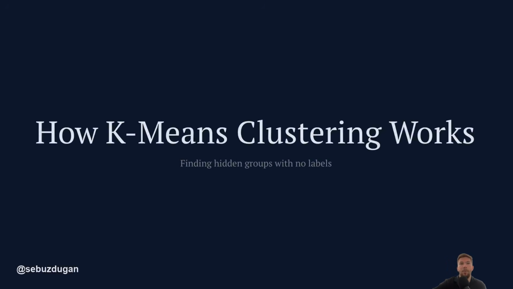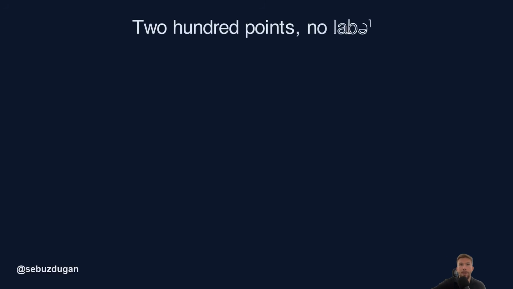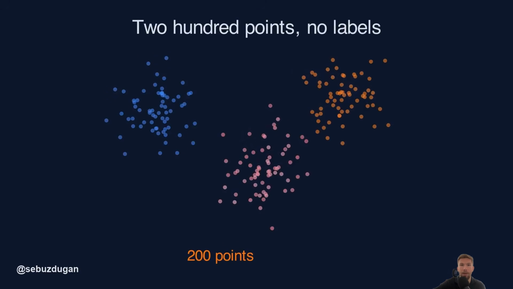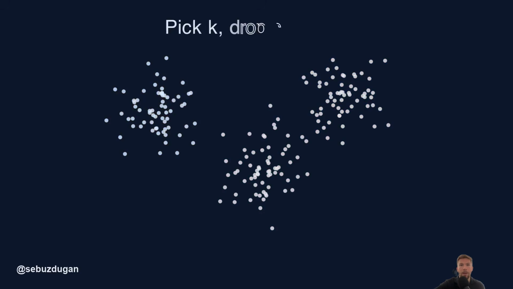Here are 200 points and no labels. K-means can sort them into clean groups in about 5 passes, and the entire trick is just 2 steps you repeat. The only thing you tell the algorithm is K, the number of groups you want to find. Let's say 3. K-means responds by dropping 3 points called centroids at random spots in the cloud. Right now they are pure guesses